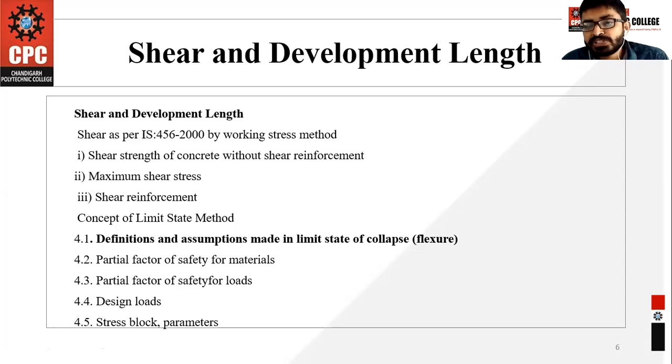So what is the importance of using this limit state method code? Why are we using it? Because you must have seen there is a limit to anything. Whether it is a pen in your hand, a table, bench, chair, or anything surrounding you, it has a limit. After that limit, it has to break up. Even you yourself, after your time period finishes, you have to go. Similarly, there is a limit to everything. Even if you construct a building, there is a limit. After fulfilling that limit, it has to go down.